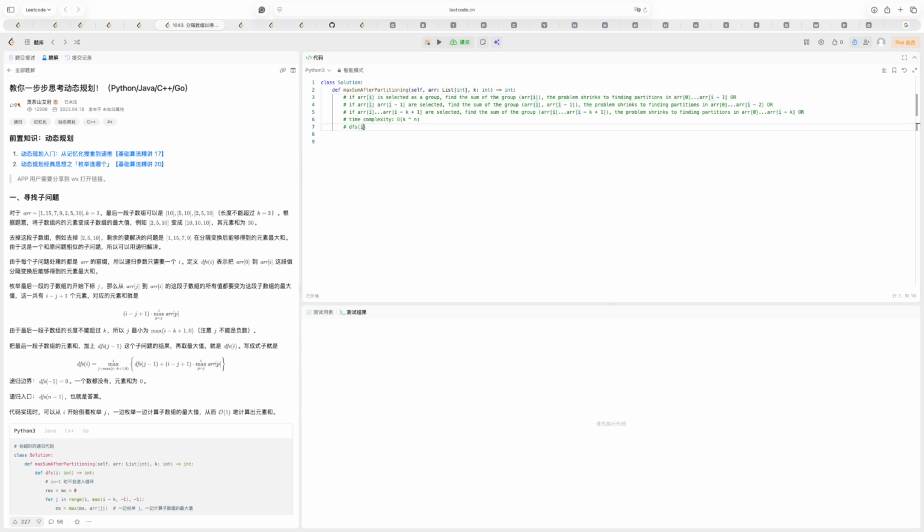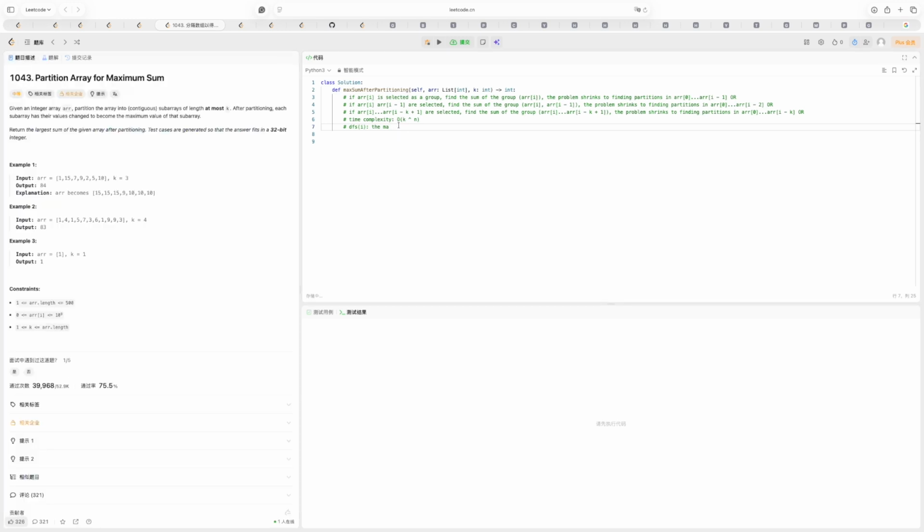The I will be the parameter indicating the ending index of each subarray. So it will be the maximum sum